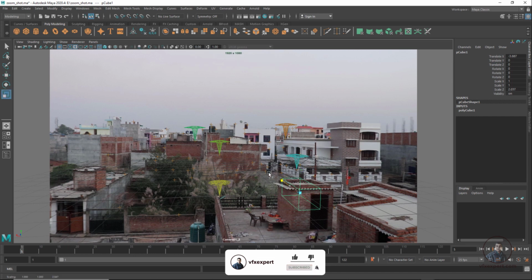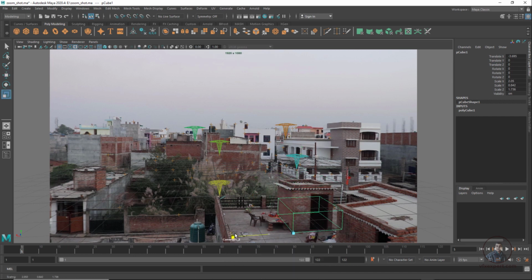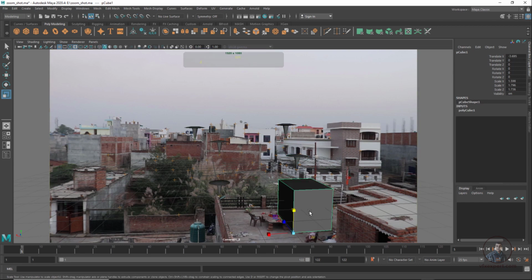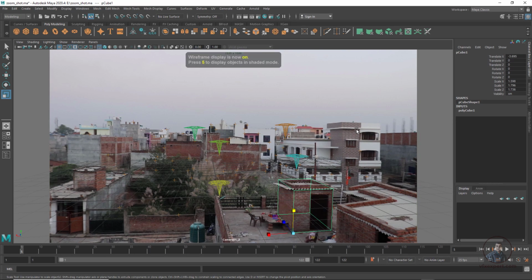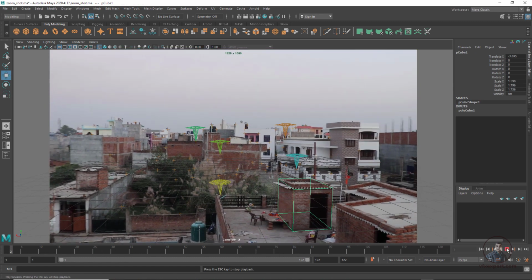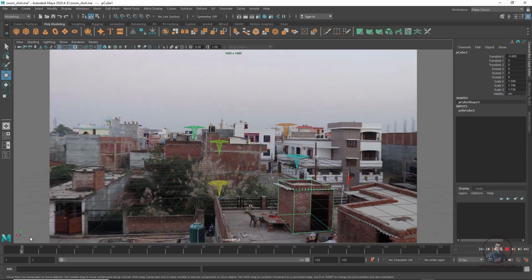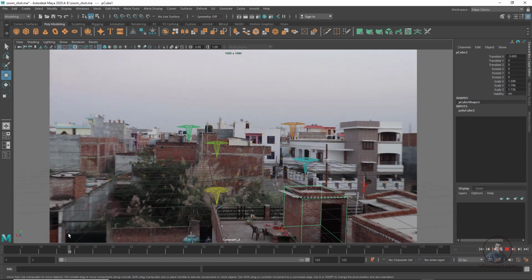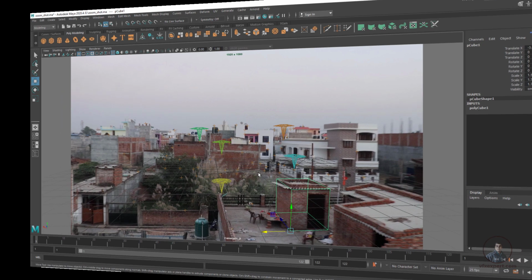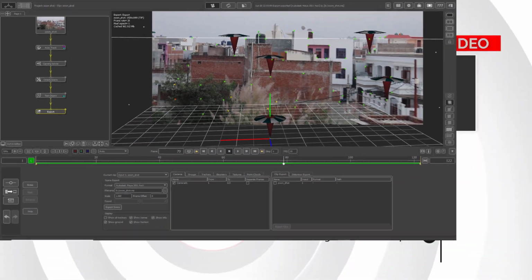Because this is a complete course for PFTrack, the remaining things, maybe scene orientation, all these things we will cover in our exporting class in detail. So now again press 4 here. Just for testing purposes, I have created this geometry here. So now just play and check. So now you can see here, this geometry is following our camera movements here and it's zooming here. So this is looking good here. So like this you can create any geometry. So till here I have completed this class.